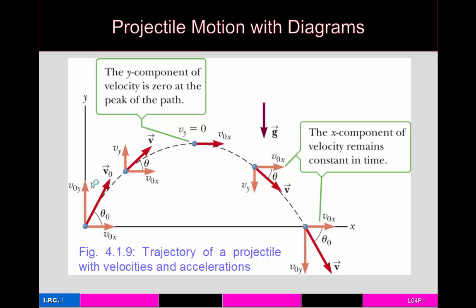The y part of the velocity vector is changing. The x part is basically staying constant, because we're assuming that the only acceleration is the free fall acceleration, which is straight downward. Again, if we had air resistance, then there might also be an acceleration from that along the x direction, and so you'd see a change in the x as well as the y components of velocity. But in the case of negligible air resistance, v0x, or v initial x, is equal to vx at all points